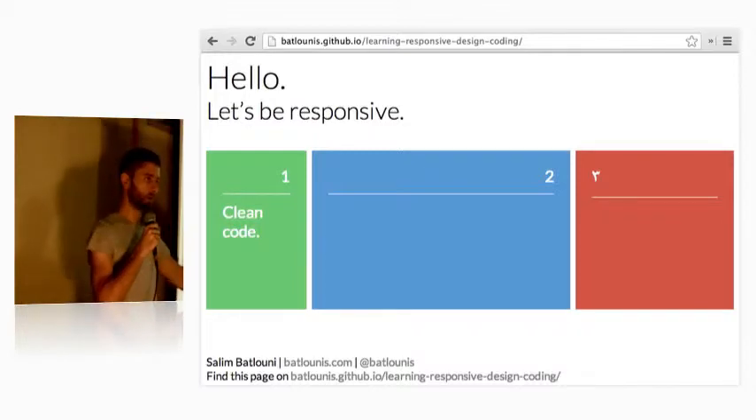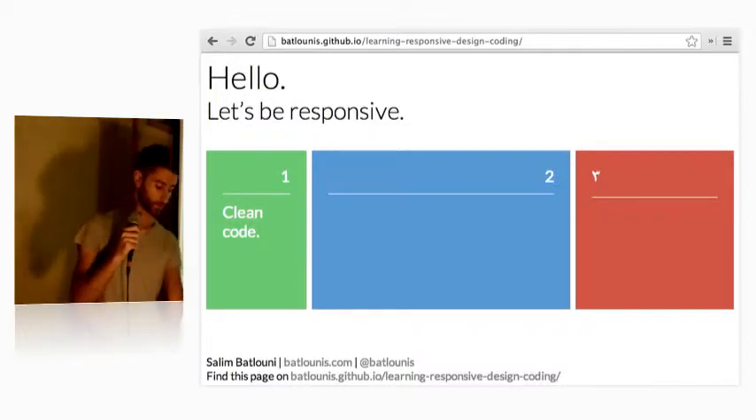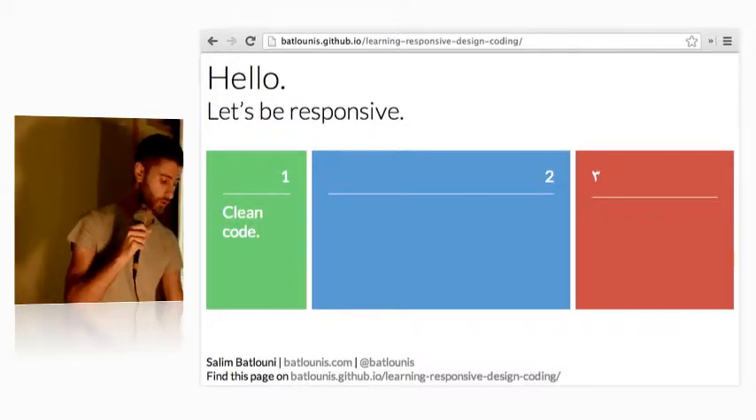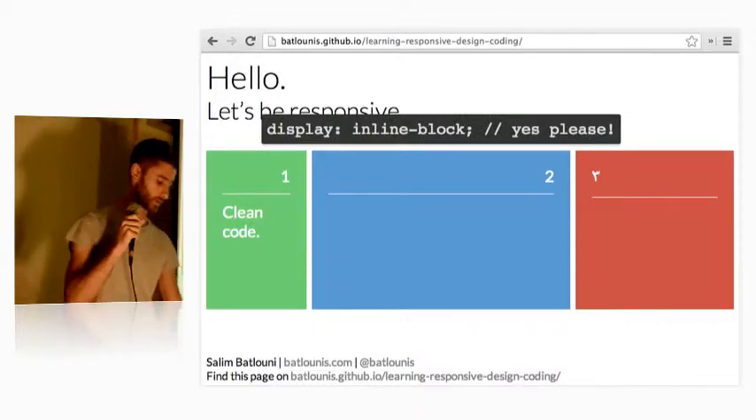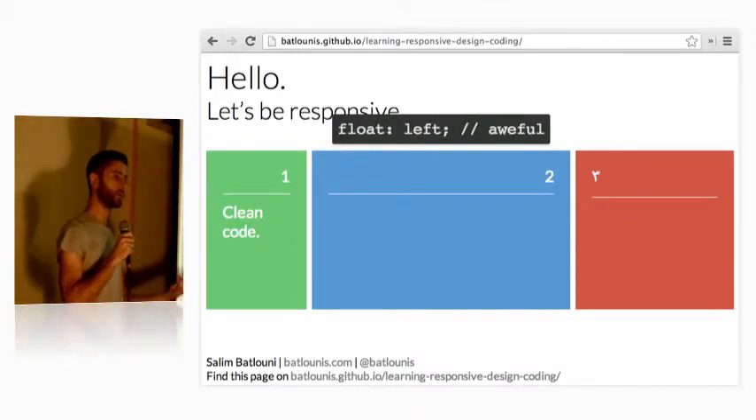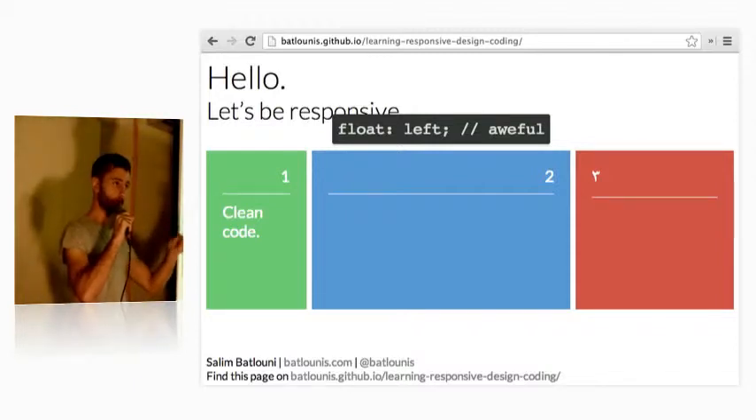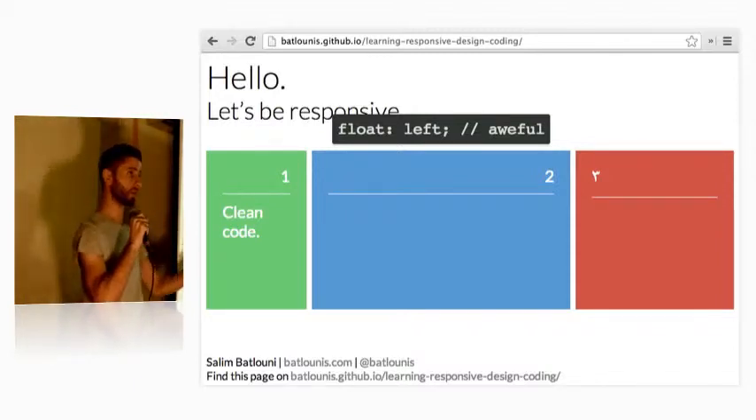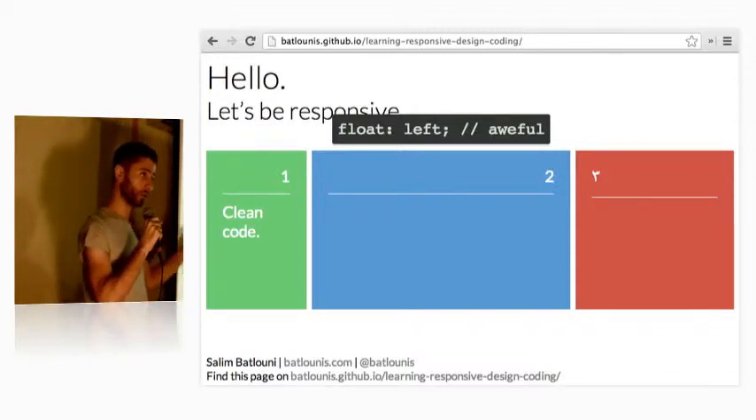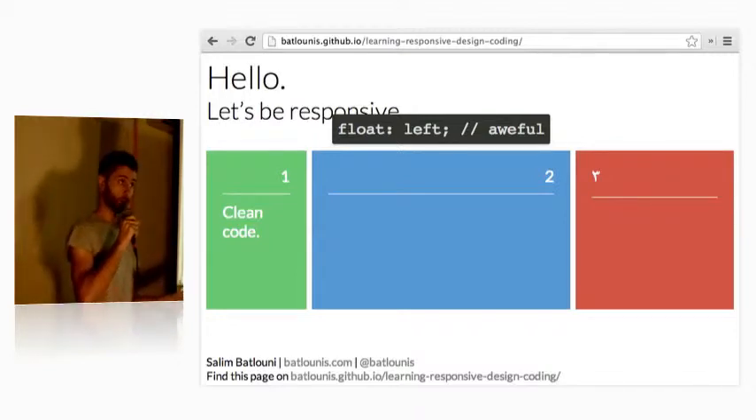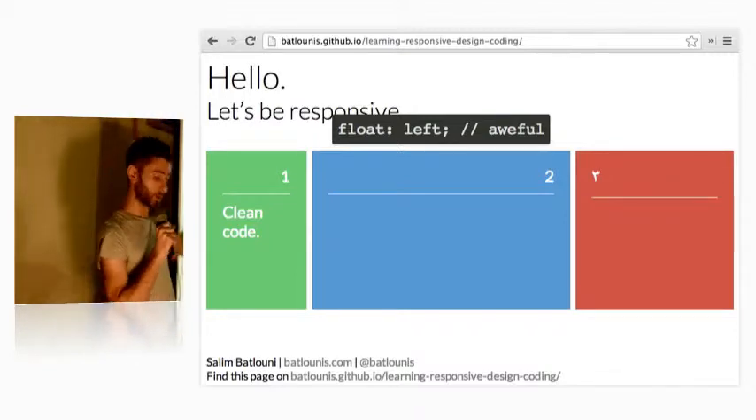So here we have 3 boxes. And what I used to do to align them next to each other, I would use float left with CSS. And the bad thing with float is that it breaks the flow of the document. So if you wanted to align these elements to the center or align them vertically, you cannot do that with floats. So with inline blocks,